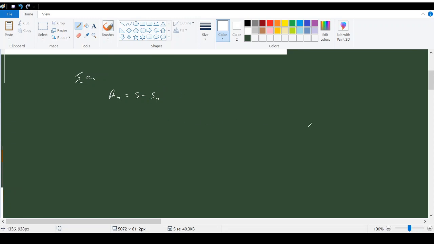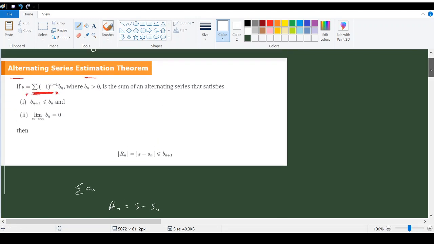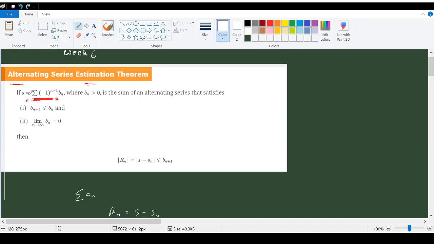Here, for an alternating series, if it converges, that means the converging value is equal to S, and if these two conditions are satisfied, the same conditions we came across when discussing the alternating series test,